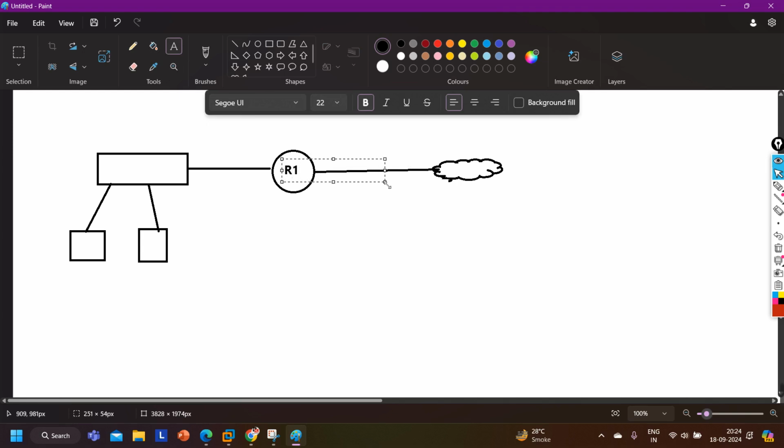R1, switch 1, and the internet. Right, guys, on the ISP there can be multiple servers, like this, right?